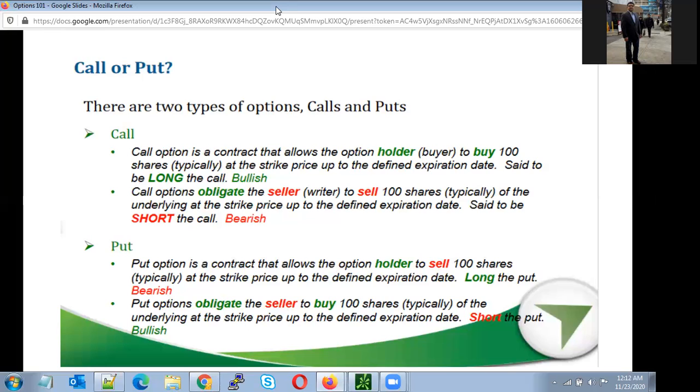But say the stock opens at 130. Now you sold at 150, and if the call buyer says I want the stock, you have to get the stock from the market at whatever the market rate is, 130. You have to buy that stock from the market and provide it to that call buyer. So the call seller has an obligation to find the stock from the market and provide it to the call buyer.